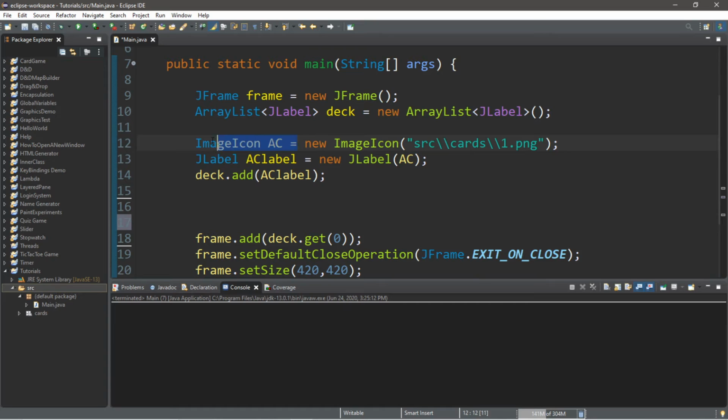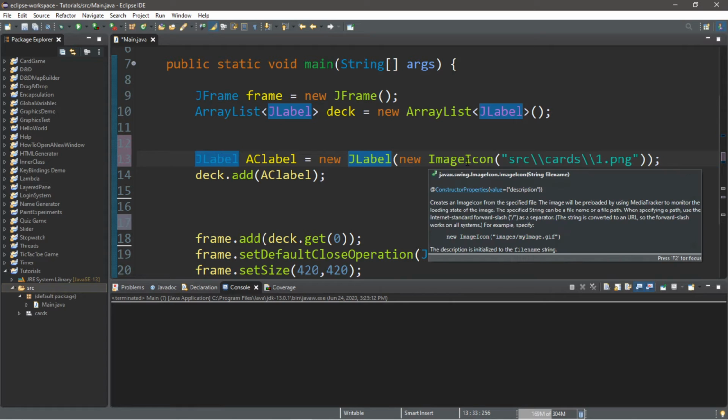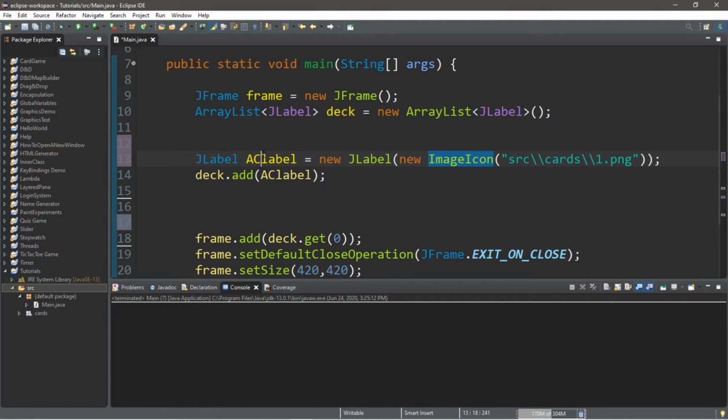We can actually, for this first line, chop this name off along with the equal sign. And now, since we're passing this name to our JLabel, instead we can just take all of this and pass it within the constructor for the JLabel, kind of like that. Alright, and let's repeat the same process for our JLabel. We have a nameless image icon within our JLabel, and let's repeat this process again. So we're going to get rid of all that, take all of this, copy it, and then paste it within